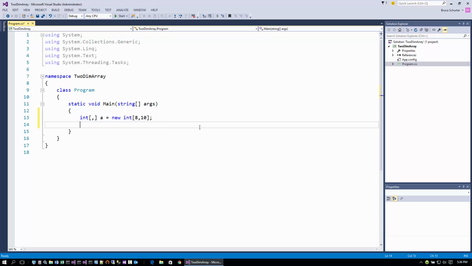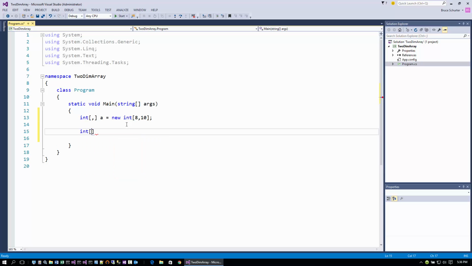Now, initializing a two-dimensional array is very similar to how you would initialize a one-dimensional array, except because now we have defined 80 possible values in this array, because 8 times 10 is 80. Clearly, if I were to show you the list of values using this syntax with the initializer list, the curly braces, it's going to get quite large. So I won't do it for a large example like this. I could, however, show it to you